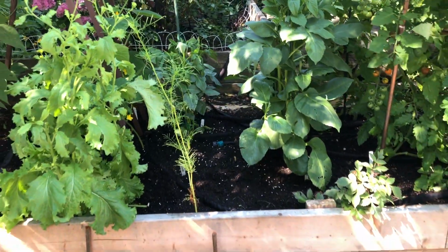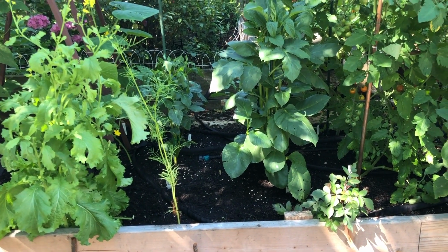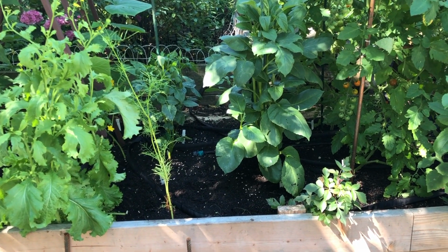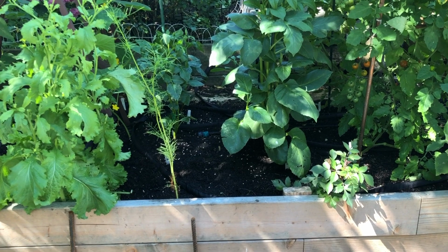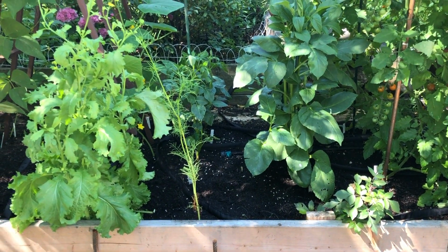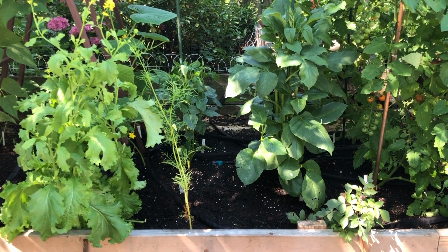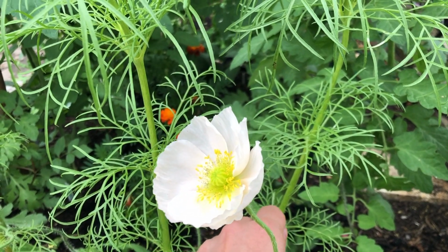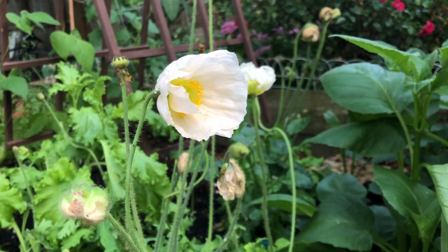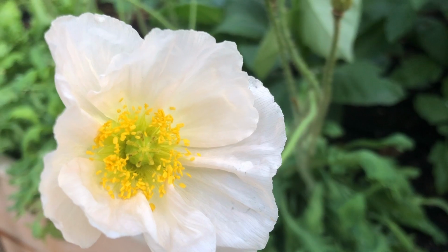This area is completely transformed. You may recall from the last episode that this was all poppies, and oh my gosh, did those poppies love it here. These were all Icelandic poppies. They were beautiful. One of, if not my favorite flower that I grew so far this year. It was gorgeous. I'll be sure to be inserting some footage right now of them because I know I took some. The first one was just about to bloom but hadn't yet in my last video, and then all through